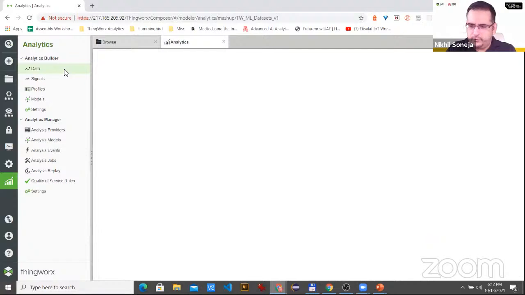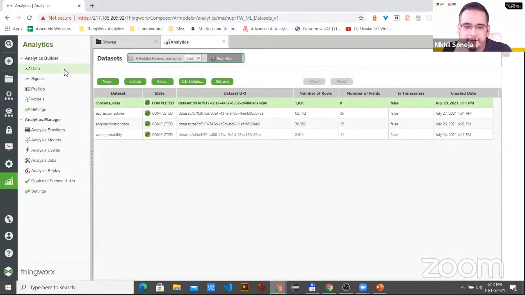And just quickly, in 2 seconds, I'll show you some of the past examples we had. In the last session, we had worked with engine vibration data, espresso machine data, and concrete data. This is the concrete data set that was installed. It was just a CSV file, an Excel file, with ordered rows, and we imported it in here. This is where you import your data. We created descriptive analytics for it in the form of 2 things, signals and profiles, which give us some information about the existing data before you make predictions.